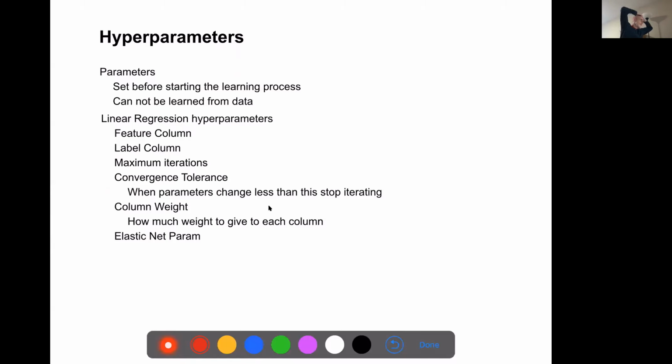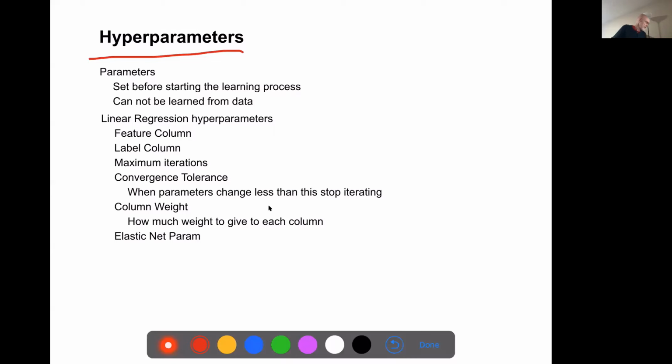Some terminology: in computer science, we really like to have fancy terms. Hyperparameters sounds fancy, but they're just parameters we set before we start the learning process. Things that we can't learn from the data.